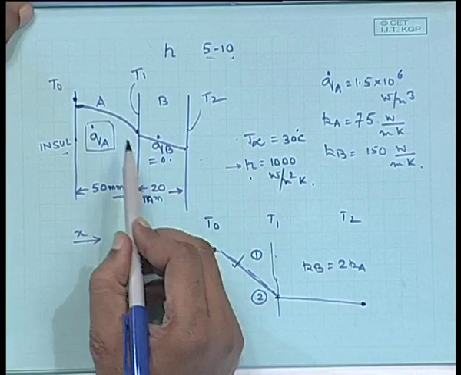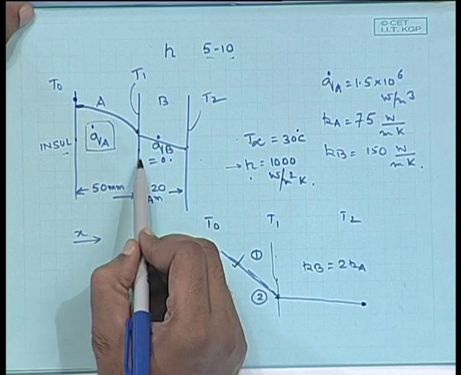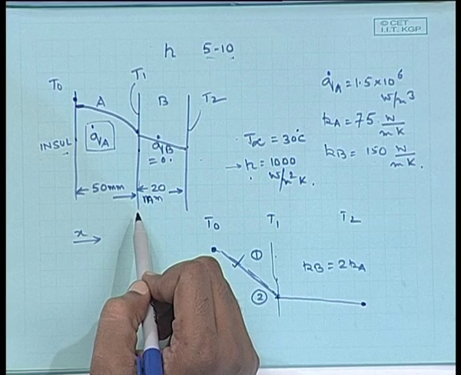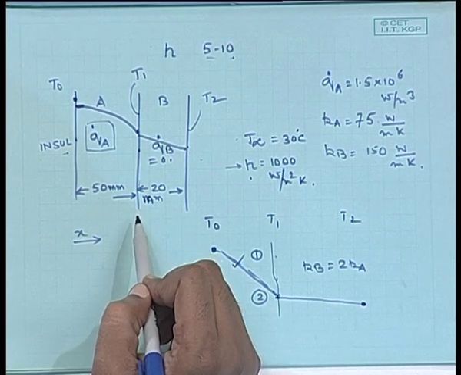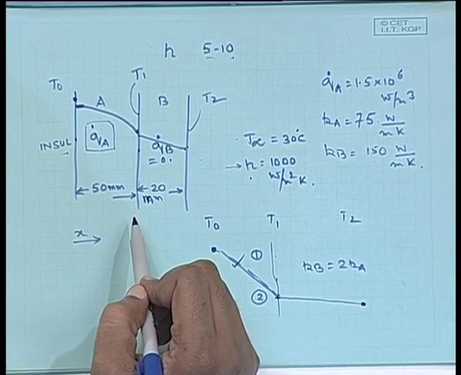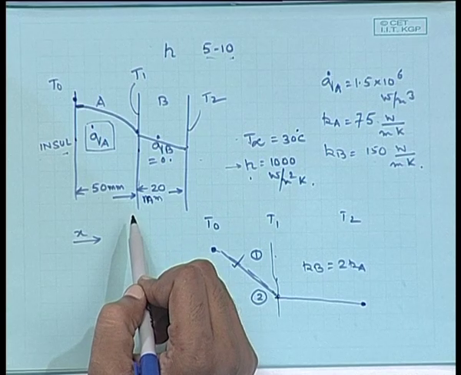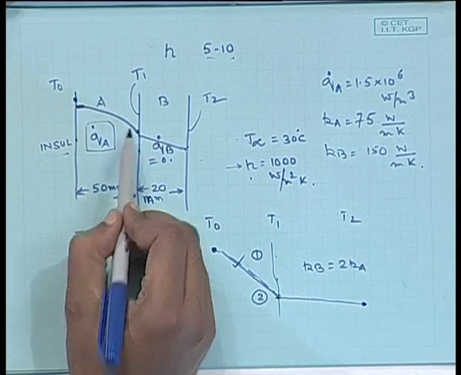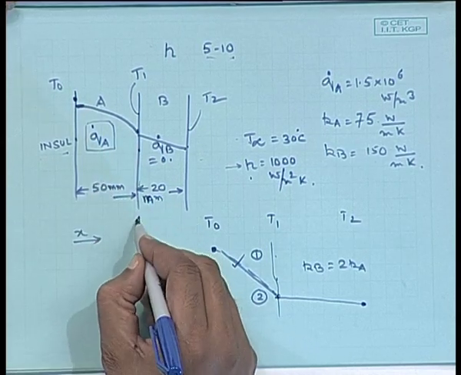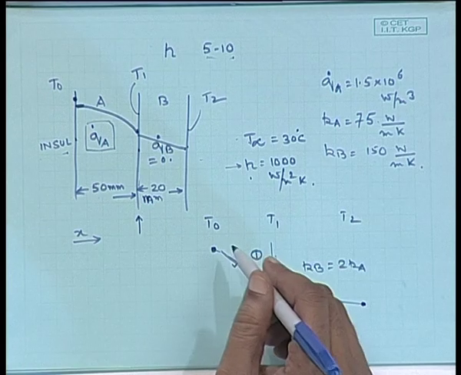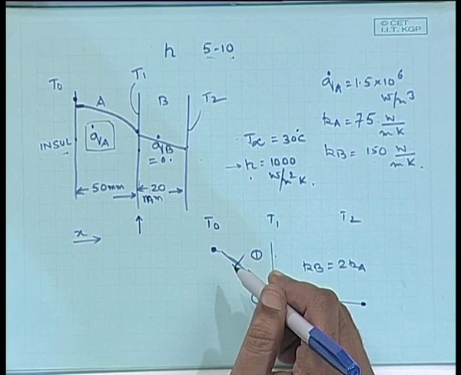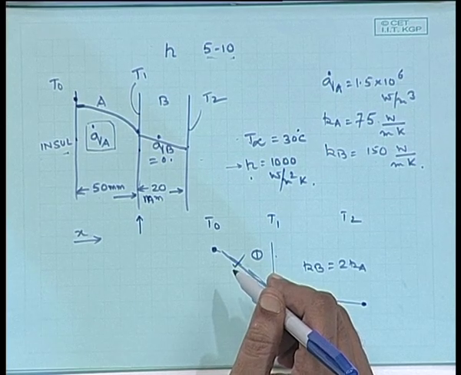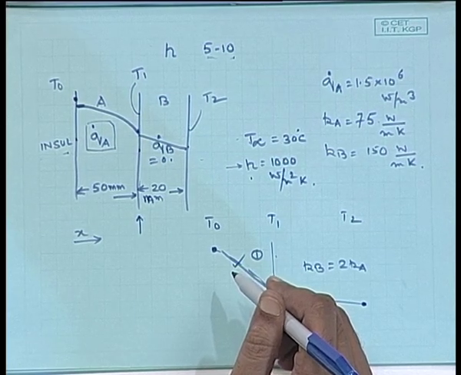And what else can you say at this interface? Any other condition that you can, because you do not know what is going to be known to you. So, whenever you look at a problem, think of all the possibilities that there may be, which you can use to find out the unknown. So, you are going to say dT/dx equal to 0, it is going to be something like this. Any other condition we can think at x equal to 50 mm? What is going to be the extra condition that you can put?